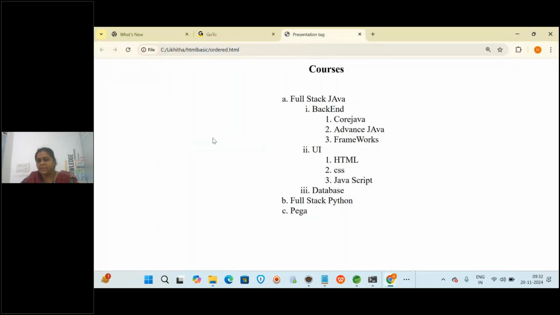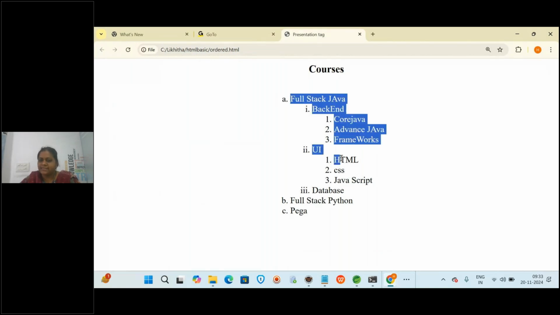Okay, see, this is one example that we got. Here, courses should be coming to the center of the page, and this complete text is coming to the center. As of now you cannot create like that because the alignment is a little different, you still have to learn something else.